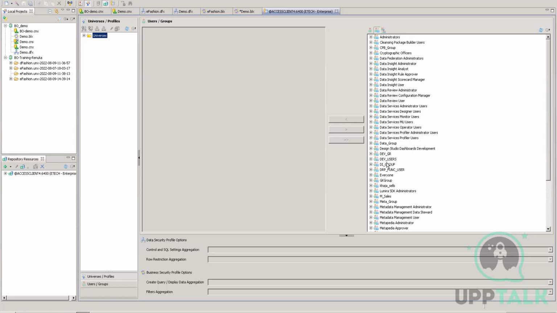We have three kinds of systems in IT. It is not just business objects. In any technology, in any project, we have three kinds of environments. I'm telling this from your project perspective, to give you a real-time experience. It is not restricted to the tool. We have three environments: development, quality, and production. Development is whatever we do as part of our development work. If business asks us to create a universe or reports, anything from scratch, we do it in the development